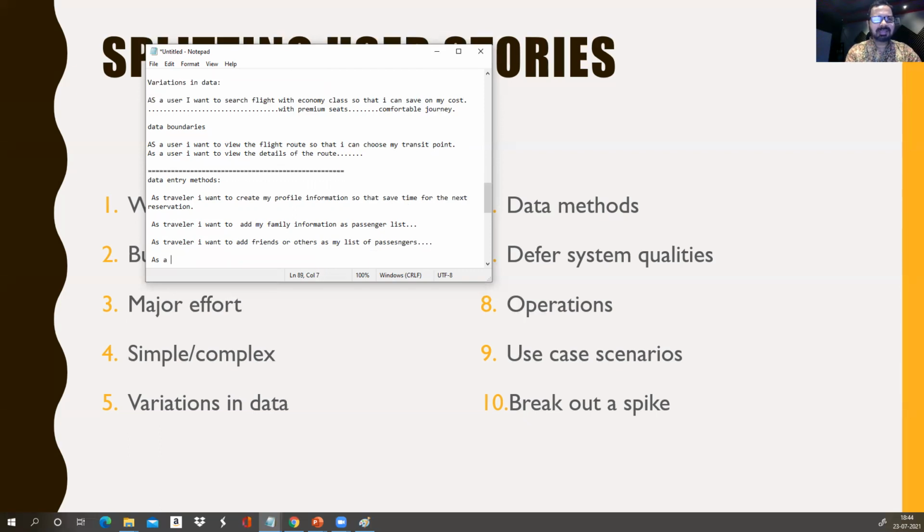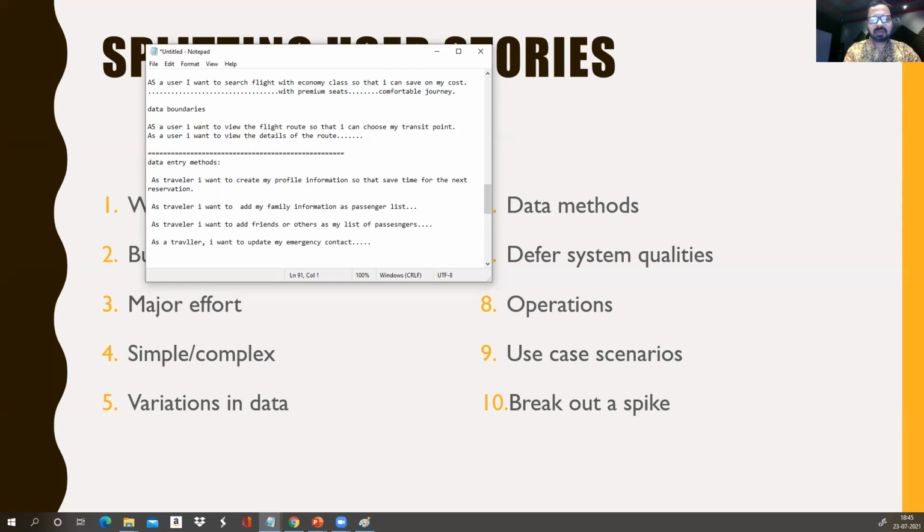Next one is, as a traveler, pardon my spelling mistakes and typos, I want to update my emergency address and phone number or contact. Okay, emergency contact, we will not get into that many details. So these are the data entry methods.